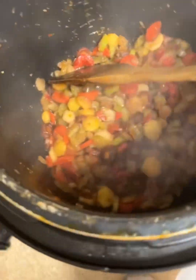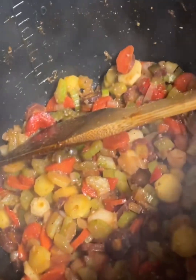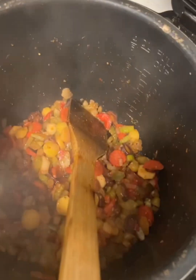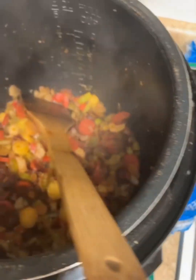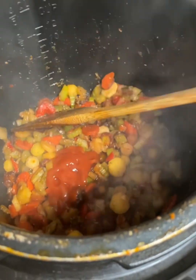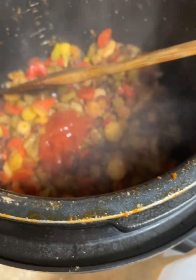Okay. That should be like the perfect blend. Okay, so it's looking like this. Real good. I tasted it. Of course, it's not cooked completely down like it should. These are the veggies, the carrots, and my green onions right there in my knife. I know it sounds crazy. Add a little ketchup, not too much. A little ketchup